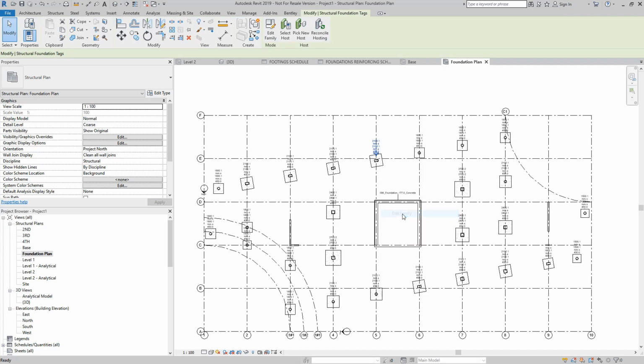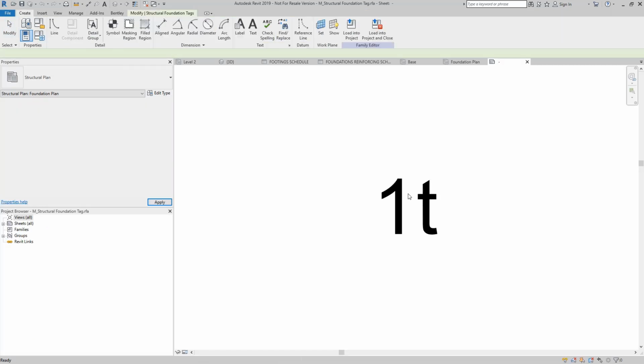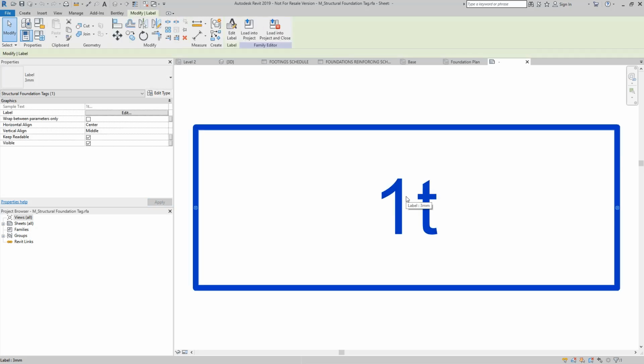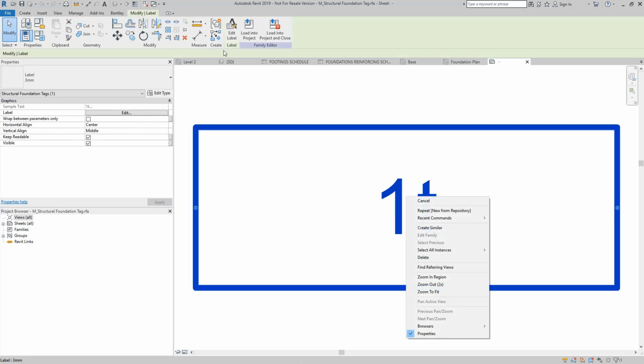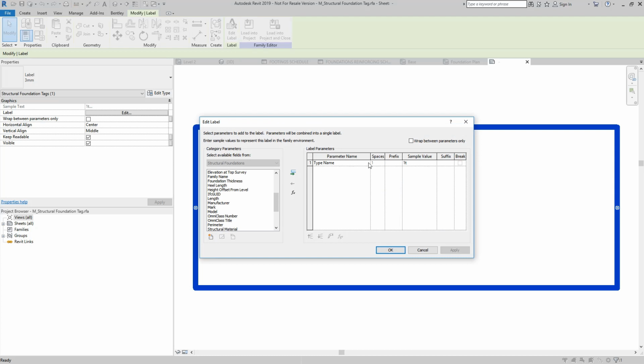What we want to do is customize the way the tags look. Right now it's pointing to the dimensions. So we can select one of the tags, hit Edit Family, and do Edit Label. Within here, we don't want the type name. Remember, for each of our instances, we have its own mark, right? So we want to bring that in instead. So we select Mark,